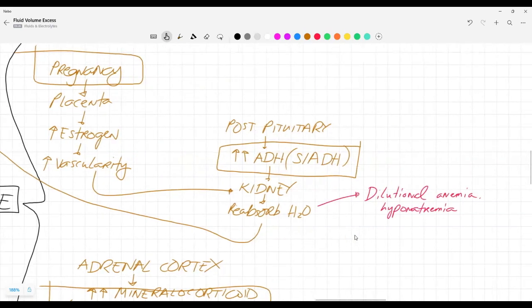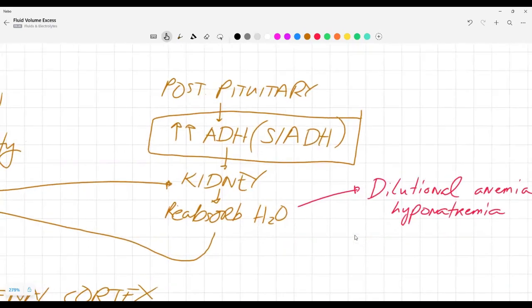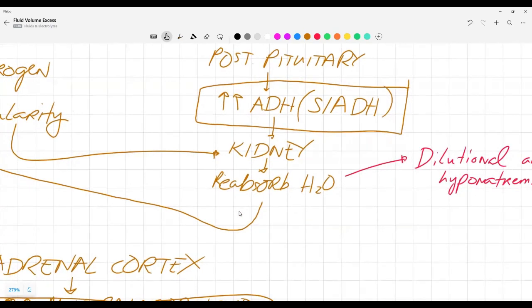And there's another condition caused by the posterior pituitary gland, wherein there's an excessive production of ADH. ADH is anti-diuretic hormone. This is also known as vasopressin. So this condition is called SIAD, or syndrome of inappropriate anti-diuretic hormone. So in this condition, there's an excessive amount of ADH, and so ADH tells the kidneys to reabsorb water only. And it's important to note that if it's ADH that is causing this, there is no reabsorption of electrolytes,